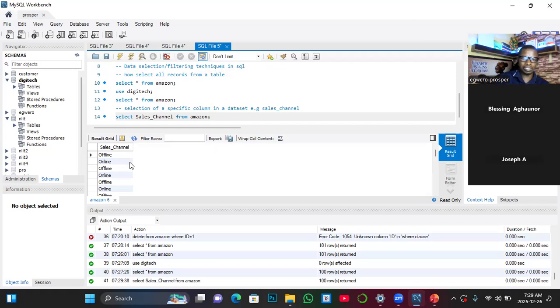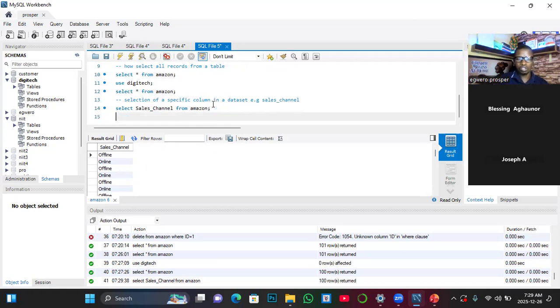So you can see that with this, I'm able to view only the information under that specified column. So these are filtering that could be involved. The next selection is if we want to select 2 instead of 1. So how to select or filter